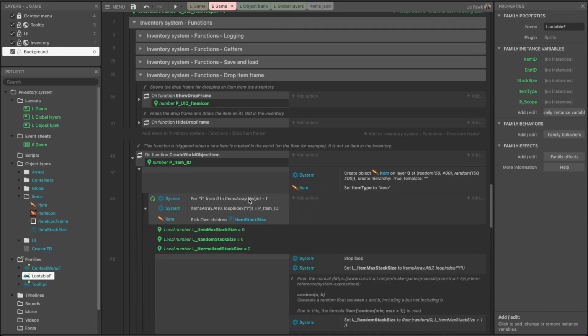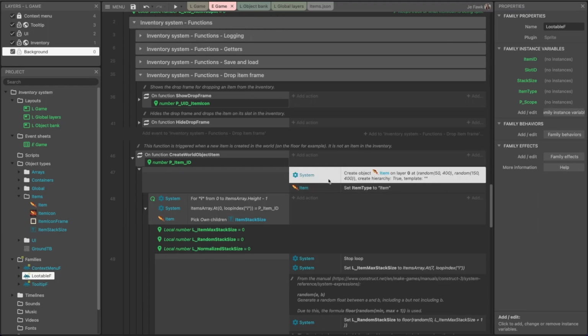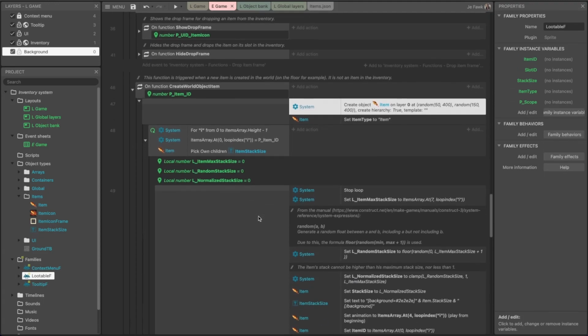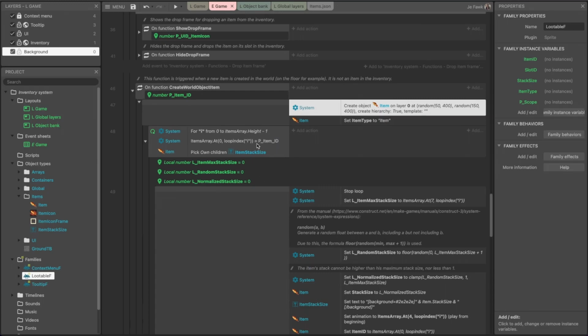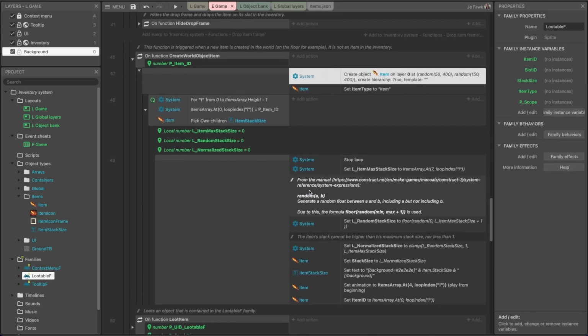And here, so it creates the item with the hierarchy, and then it loops through the items array until it finds that particular item ID that you want to create. It stops the loop,